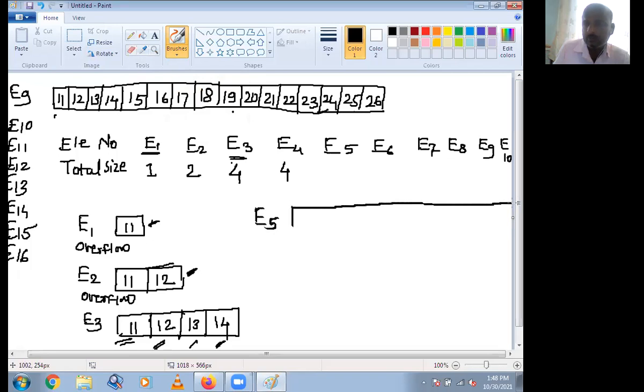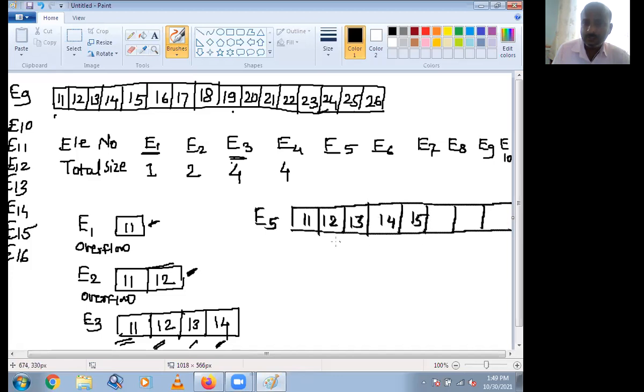Make availability of space double than previous, and copy the previous contents as it is. Okay, then you can insert the fifth element.